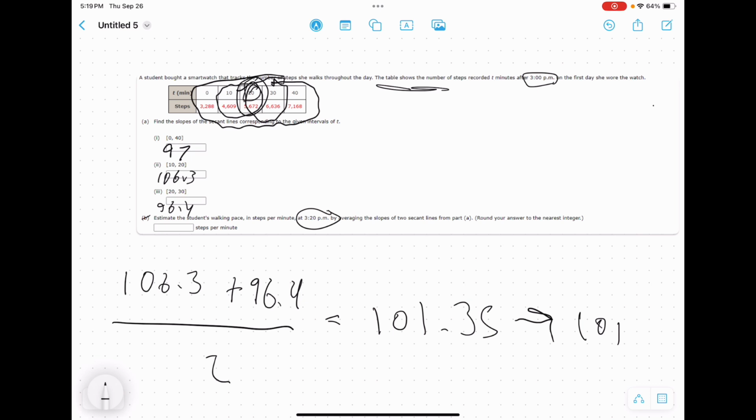The reason why, again, we did this was because it was asking us to average the slope of 2 secant lines from part A specifically, so we don't need to create a whole new interval, and we ignored part 1 of A in our average calculation because it's very far away. It's not really representative. It's calculating from here to here, which the average is 97, but we want a more specific average, and as you go through Calculus 1, you'll learn